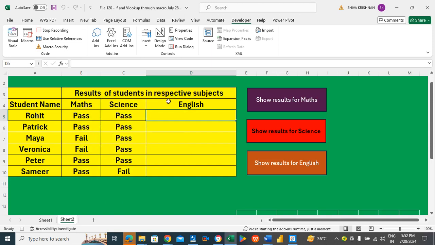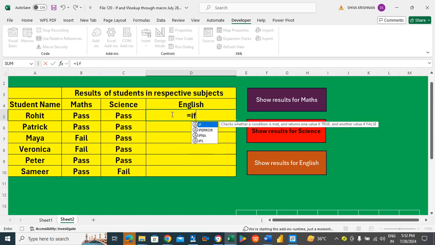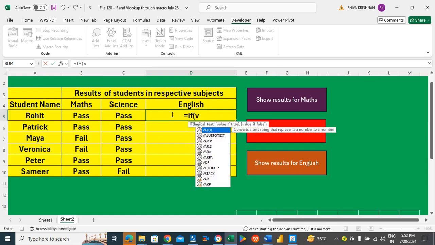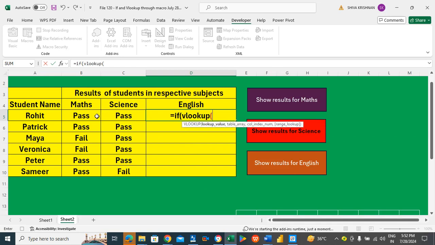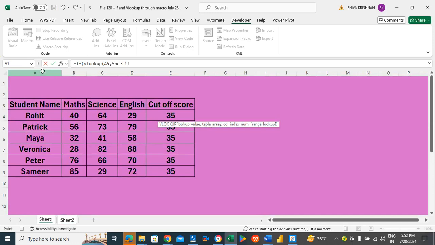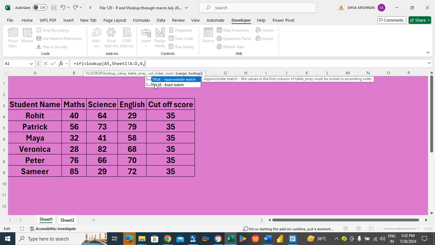Click on OK. Alright, once again equals IF, open bracket, VLOOKUP, open bracket, click on the lookup value and then go to sheet 1. This time the column reference number is the 4th. We need an exact match,